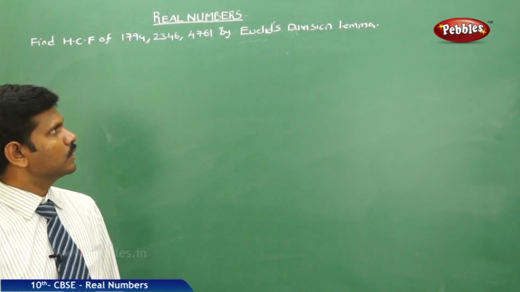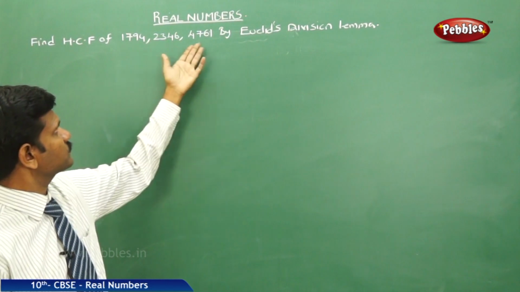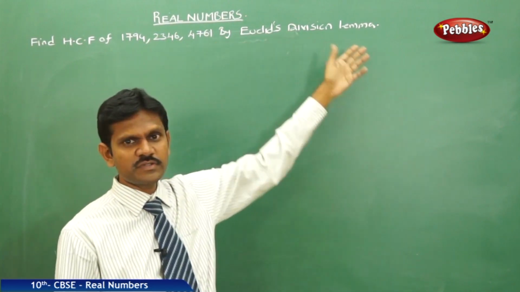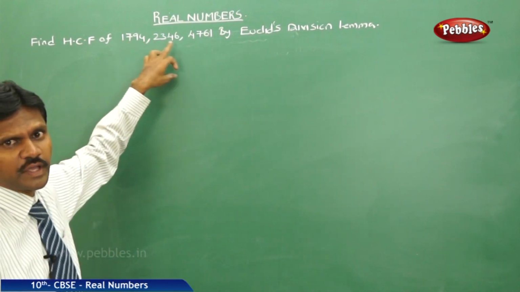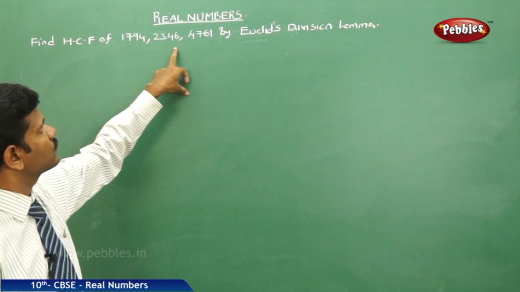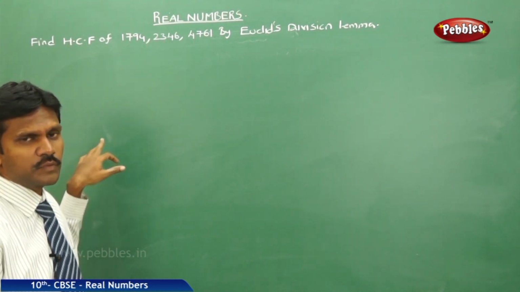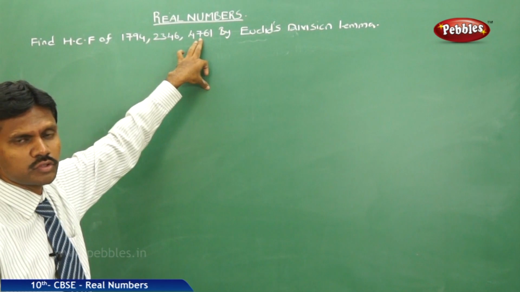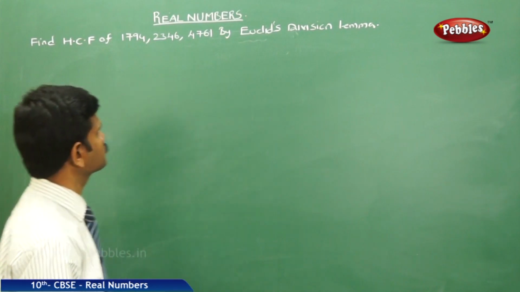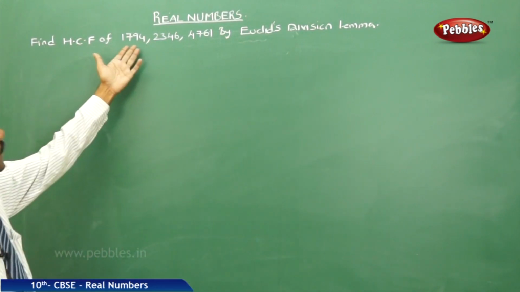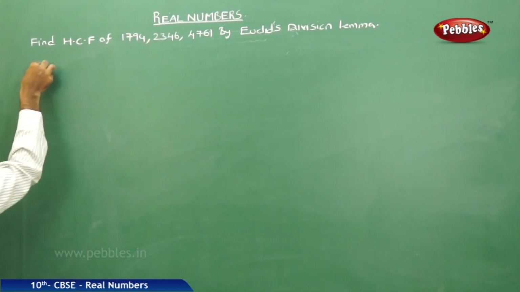The next model is to find the HCF of three given numbers. Find the HCF of the three numbers by Euclid's division lemma. First of all, find the HCF of any two numbers. Using these two numbers, you will get their HCF. With that number, you can go through the third one. Now, let us see. First, we will go through the division method. From these, collect the first two numbers. From these two, the least number is